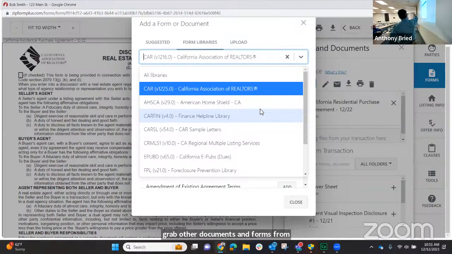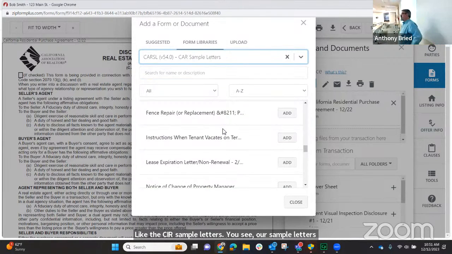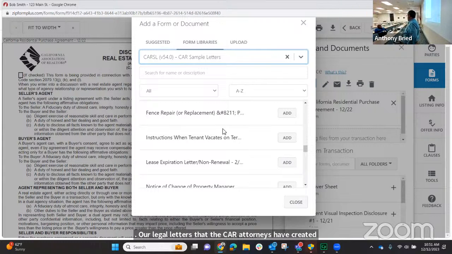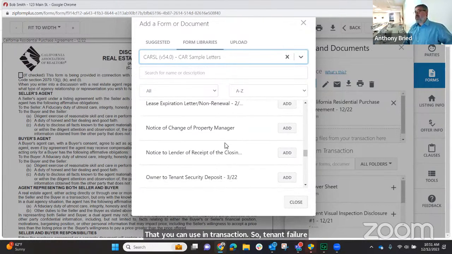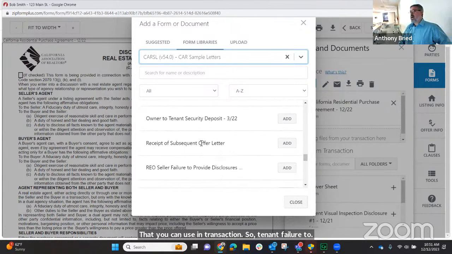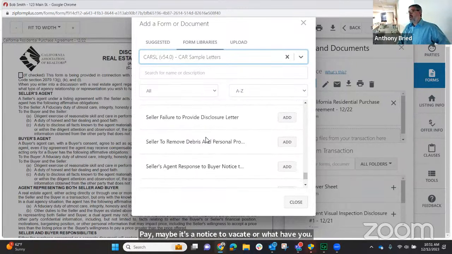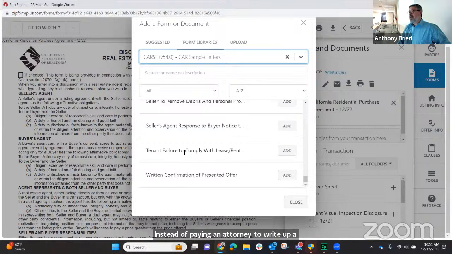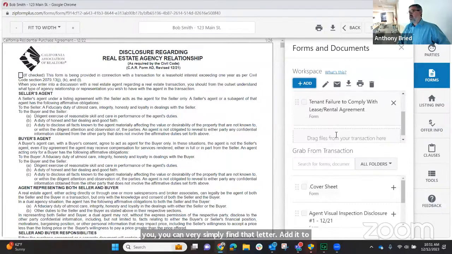Like the CAR sample letters. The CAR sample letters are legal letters that the CAR attorneys have created for you that you can use in a transaction. So, tenant failure to pay, maybe it's a notice to vacate or what have you. Instead of paying an attorney to write up a letter for you, you can very simply find that letter, add it to the transaction. And now if we click on that letter just to see what it looks like,